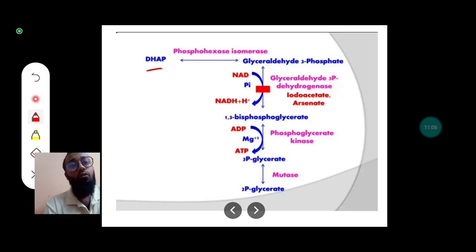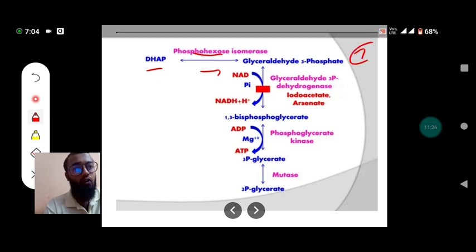So dihydroxyacetone phosphate is converted to glyceraldehyde 3 phosphate by the enzyme phosphohexokinase isomerase. And then, in the second phase, the two molecules of glyceraldehyde 3 phosphate enter, and these two molecules of glyceraldehyde